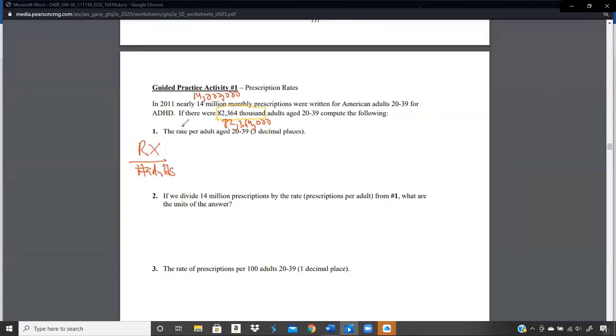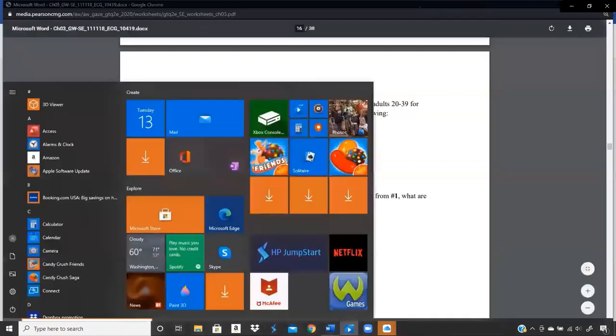So the rate of prescriptions per adult. Well, there were 14 million prescriptions for 82 million adults, so that's what they're asking us to do. So 14 million over the 82,364,000. And when you pull out your calculator,